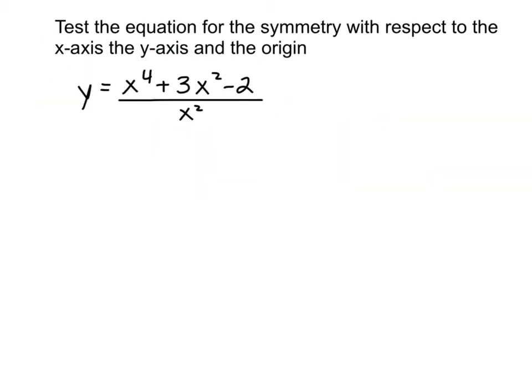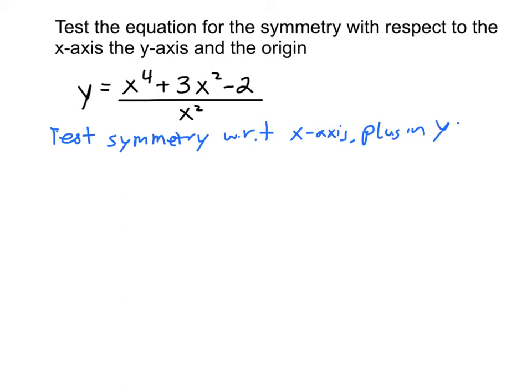First, let's do the test for symmetry with respect to the x-axis. Remember, when you're testing for symmetry with respect to the x-axis, you plug in y equals negative y. So I'm going to plug in negative y, and I'll get x to the fourth minus 3x squared minus